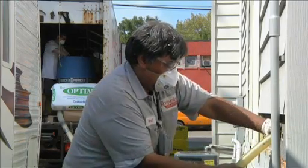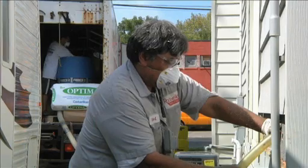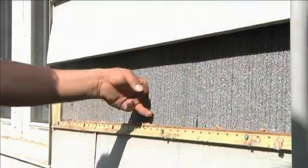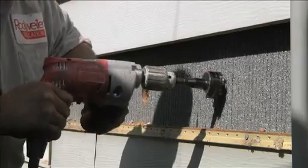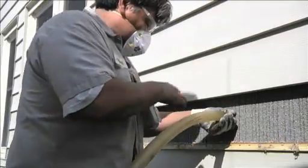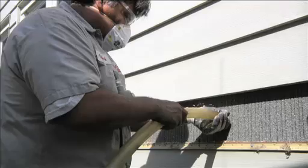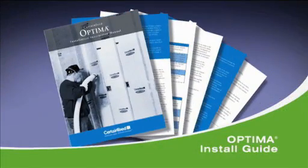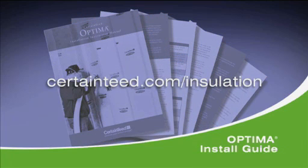Fiberglass loose fill insulation is the perfect product for retrofitting exterior walls, which are walls whose outer surface faces the outside. This is because all you have to do is drill holes to gain access to the stud cavities. We'll talk now about some things you need to know. And remember, you can find out more from the CertainTeed Optima installation guide, which is available from your CertainTeed representative or at